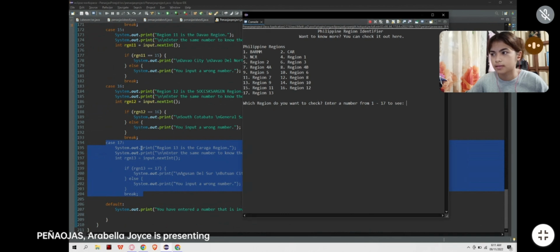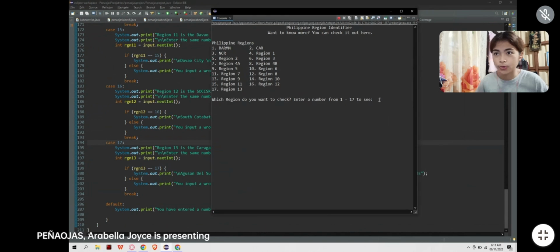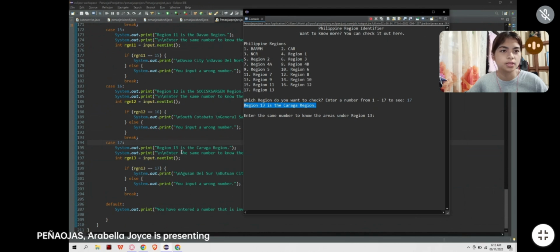So let's see in here naman. Enter a number from 1 to 17. As I stated earlier, I only have case 1 to 17. So if I input number 17, of course there will be a display right here, the same as what I input in my source code: 17, the areas under it. But if ever I input number 5,